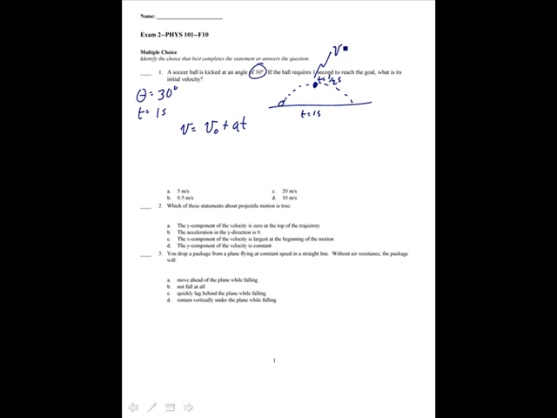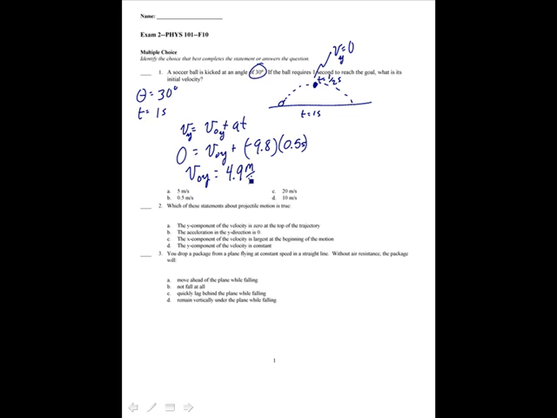The velocity up here, this is all in the y direction, by the way. The velocity in the y direction at the top is equal to 0, so we have 0 is equal to v naught y plus a times t, minus 9.8 times t, which is 0.5 seconds. And then I solve this for v naught y, which is equal to 1/2 times 9.8, which is 4.9 meters